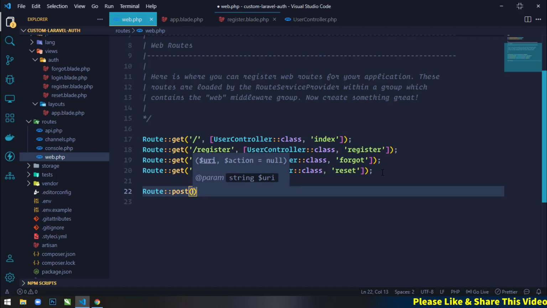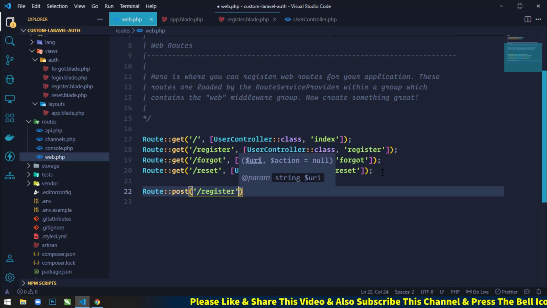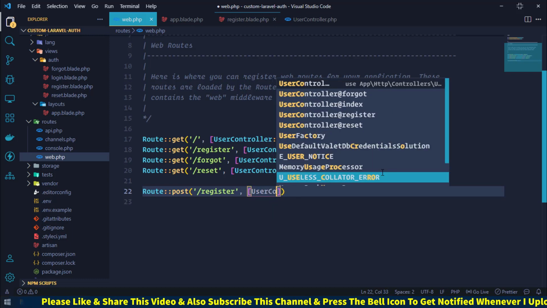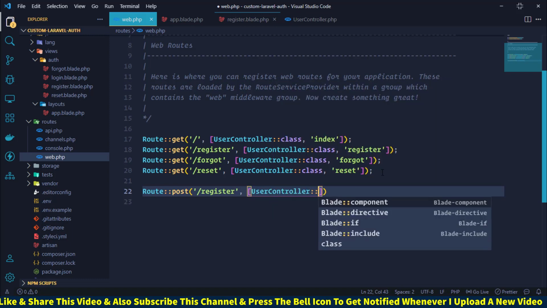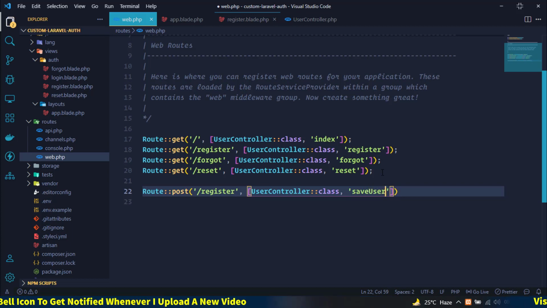We name the URL register, use the UserController class, and the saveUser method. We have to define it later in the UserController file.